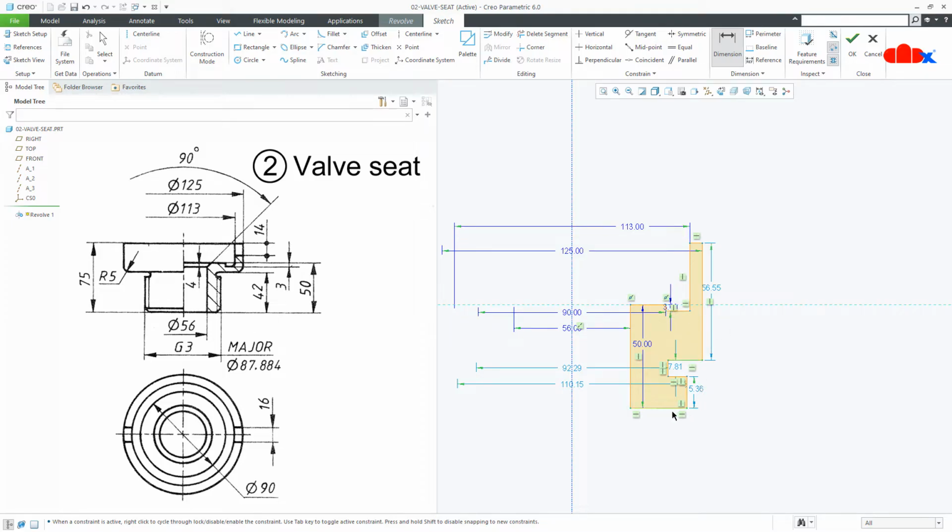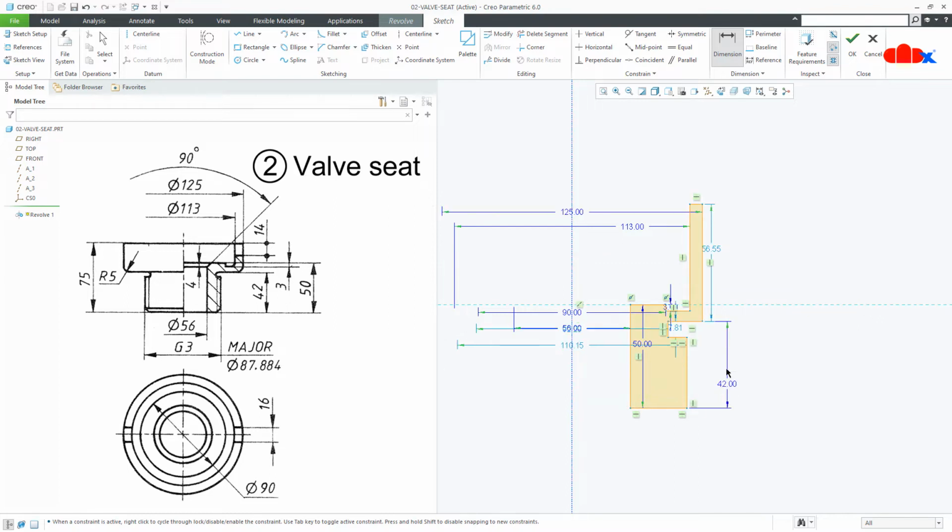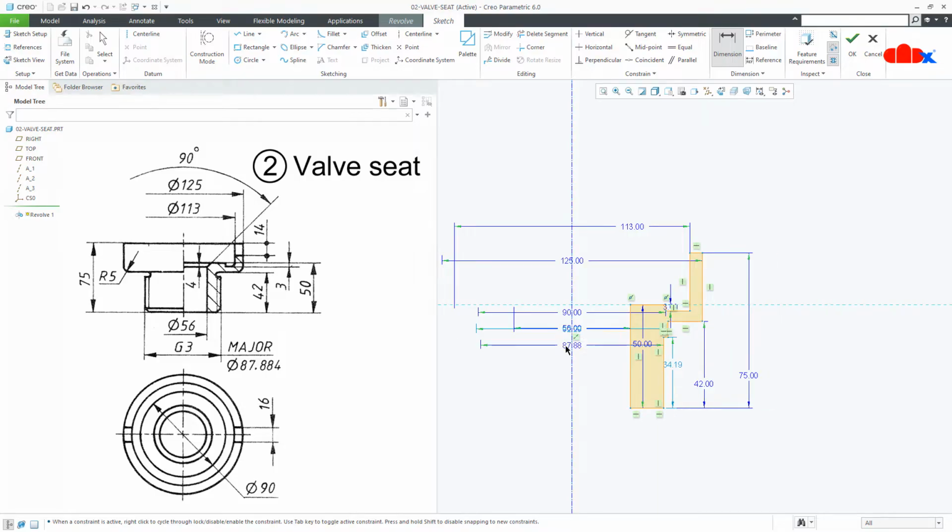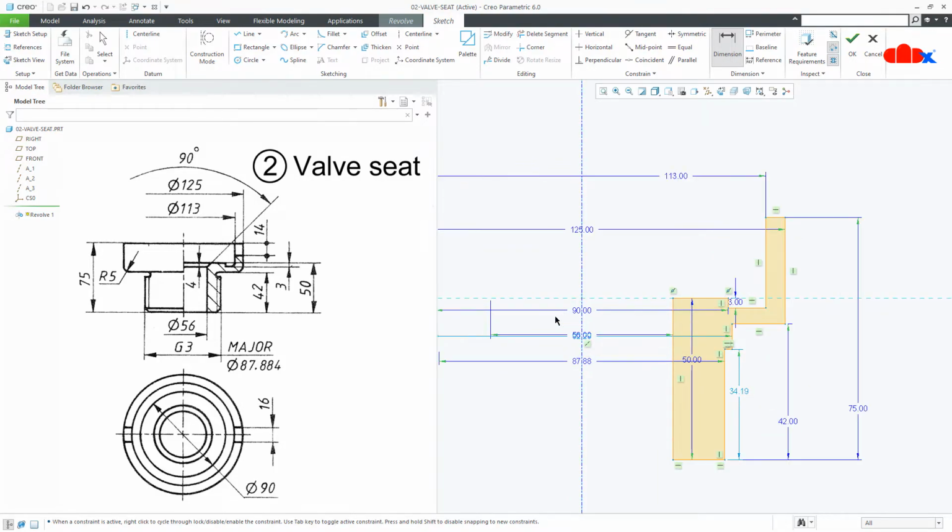Now from here till this end, this is 42, and from here till this end, this is 75. Now this dimension, this is 87.884, then this dimension you consider as 85,